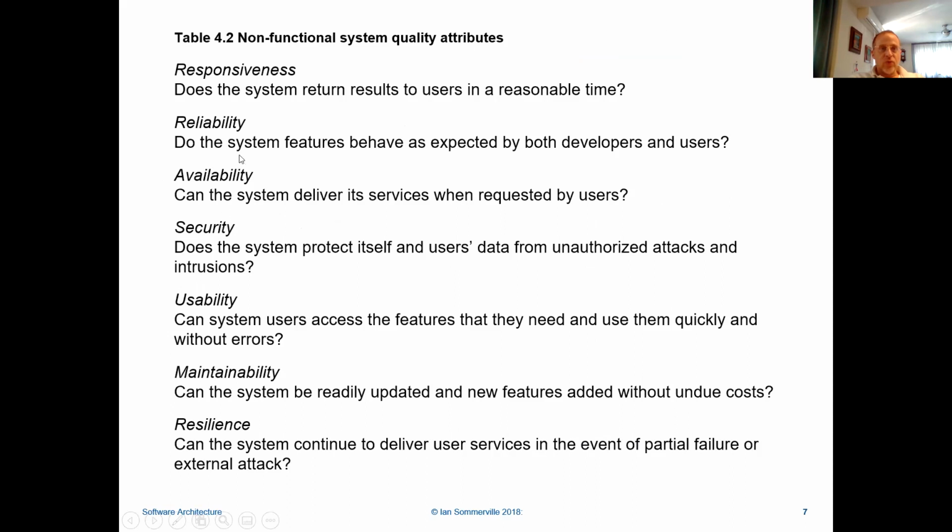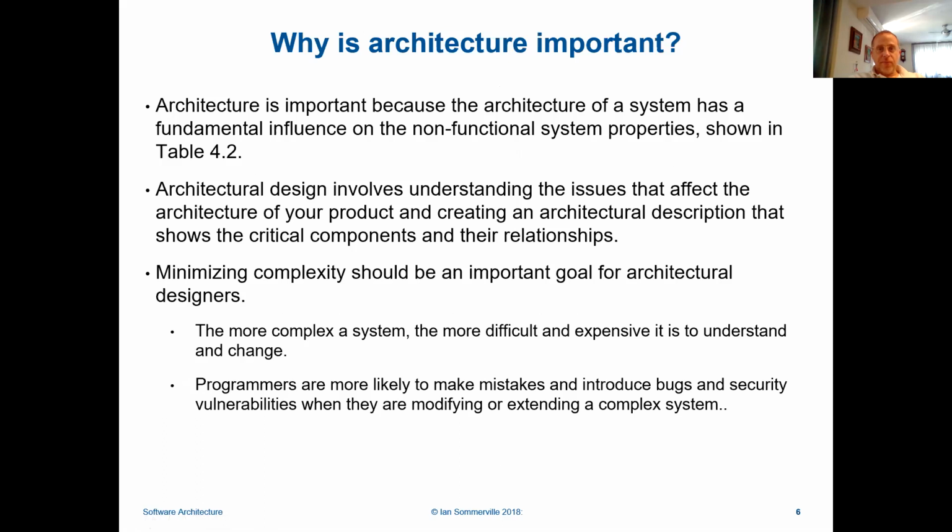As opposed to reliability: does it behave the way the developers intended it and the way the users want it? So architecture is important because it affects those things. If you have a bad architecture and something fails, think of one example of architecture you can think of